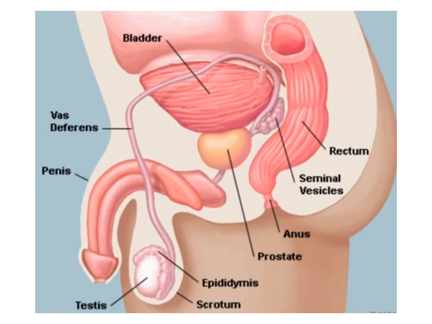In this picture, we can see the prostate gland. It is located in the pelvis between the urinary bladder and the penis. The prostate is just in front of the rectum. The urethra runs through the center of the prostate from the urinary bladder to the penis, letting urine flow out of the body. The prostate secretes a fluid that nourishes and protects sperms. During ejaculation, the prostate squeezes this fluid into the urethra and it's expelled with sperm as semen.